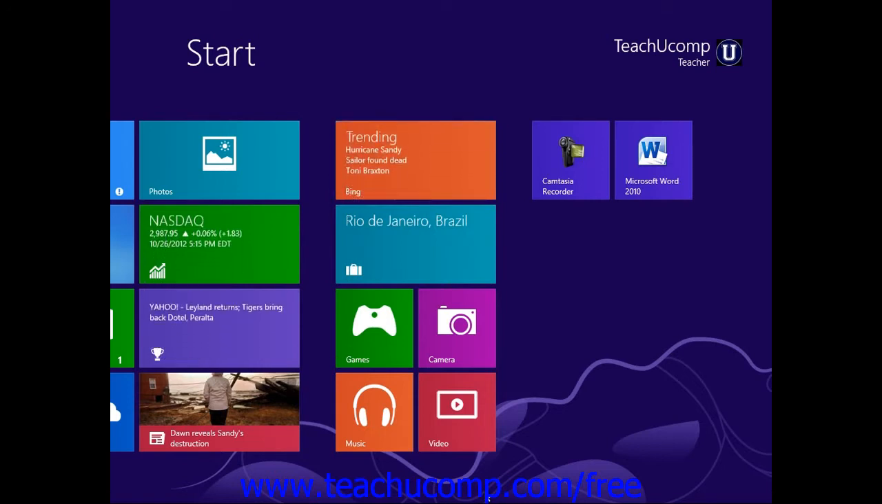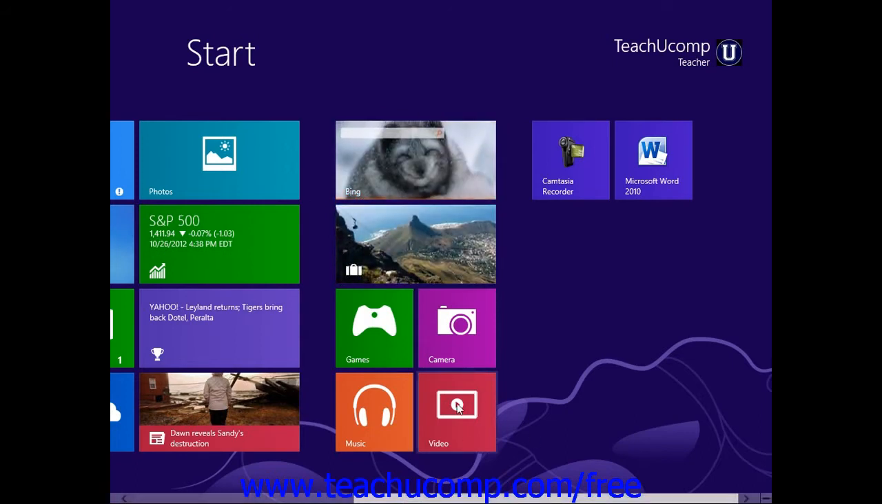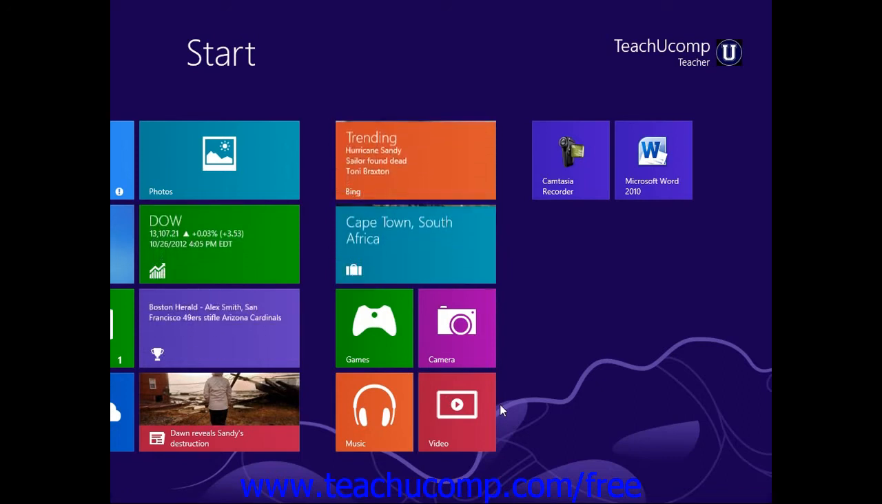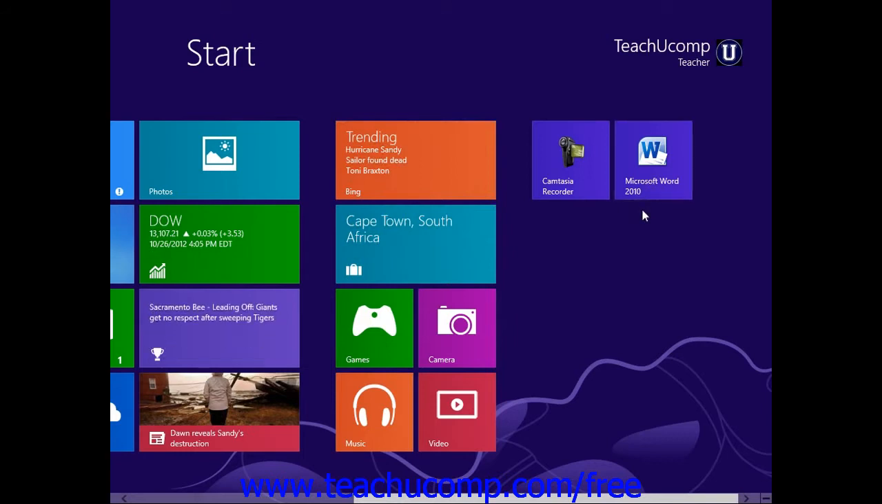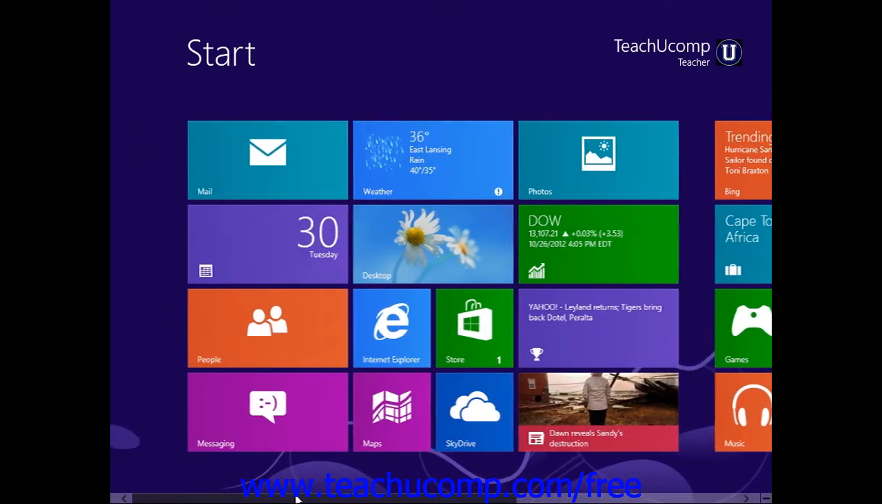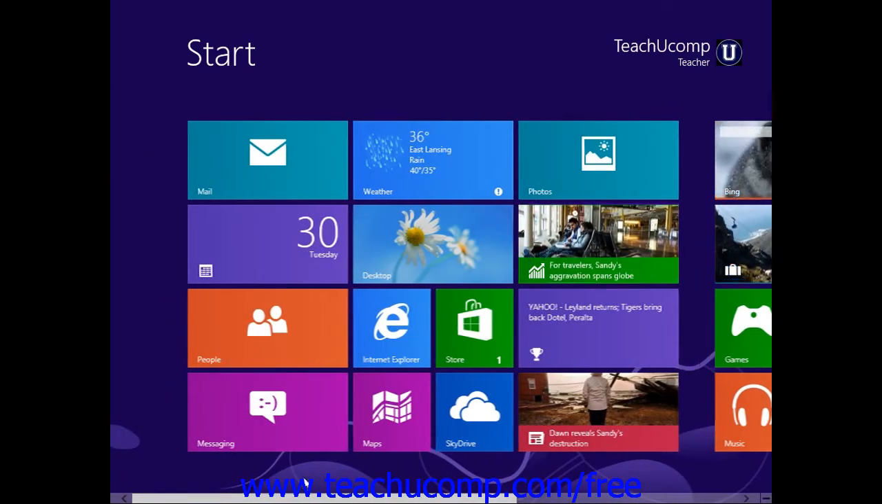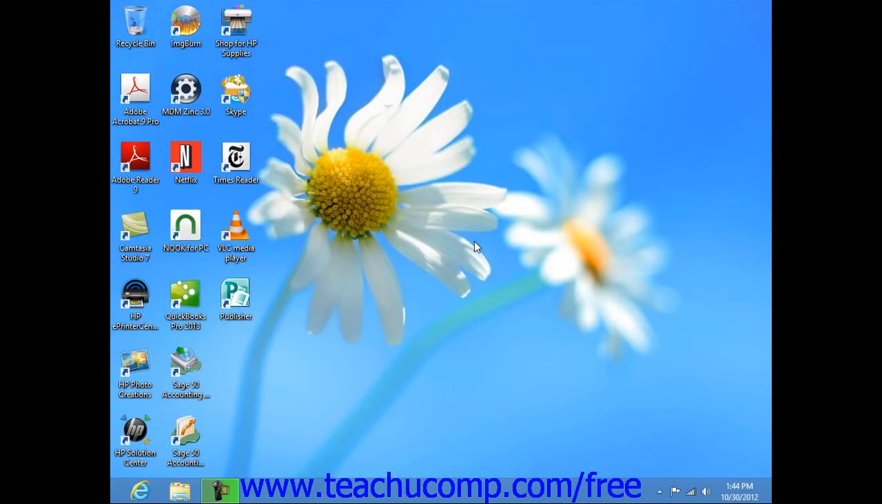Now, when you install apps from the Windows Store, you will see a new tile for the app appear within the start screen. You can also add tiles to the start screen for legacy desktop applications if you are upgrading to Windows 8. To do this, simply find the executable or application icon for which you want to add a start screen tile within the desktop,